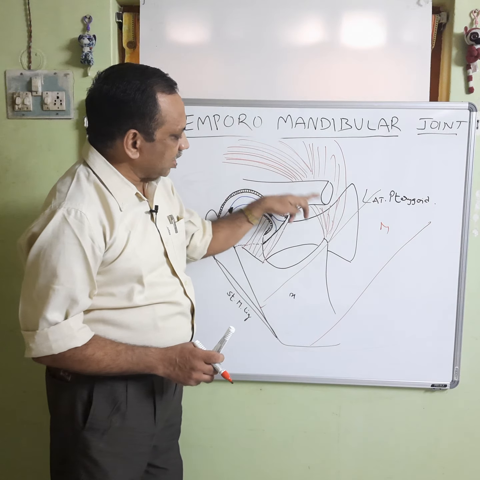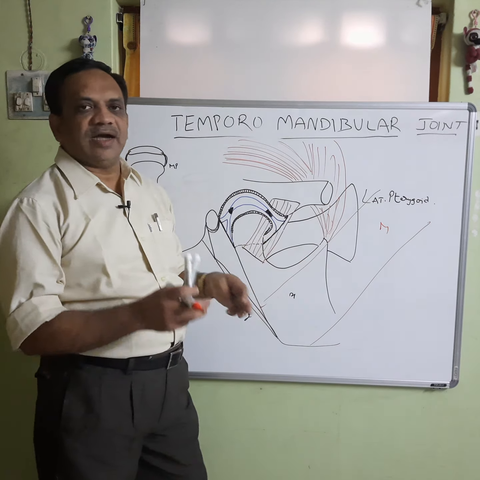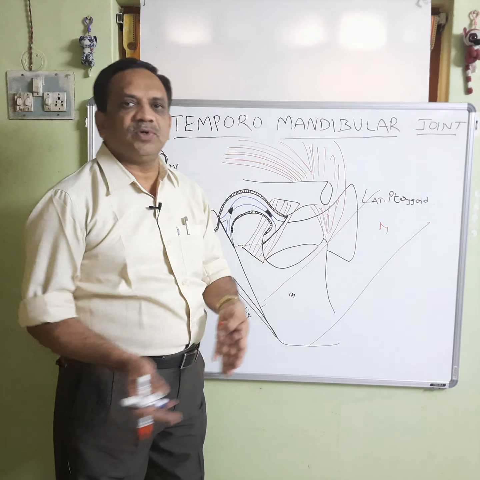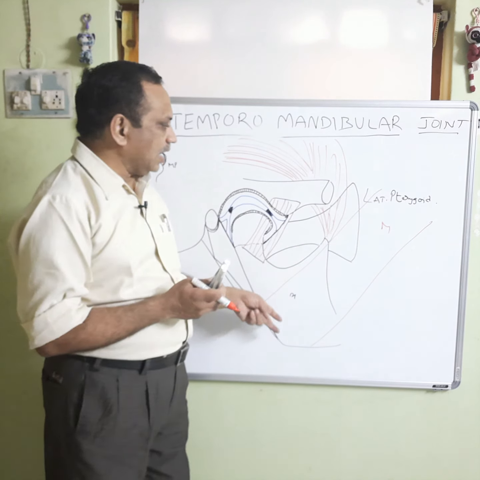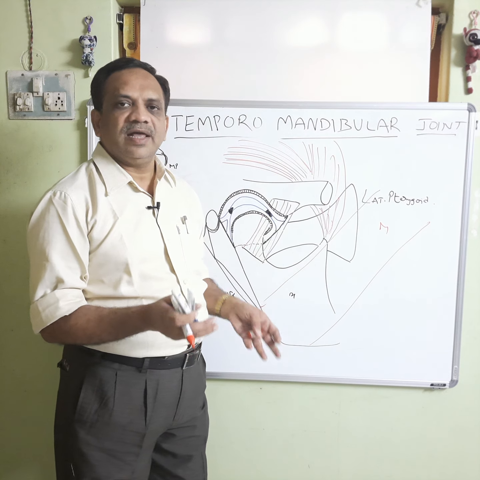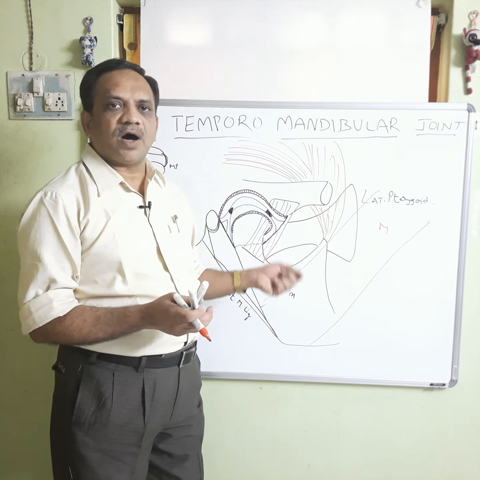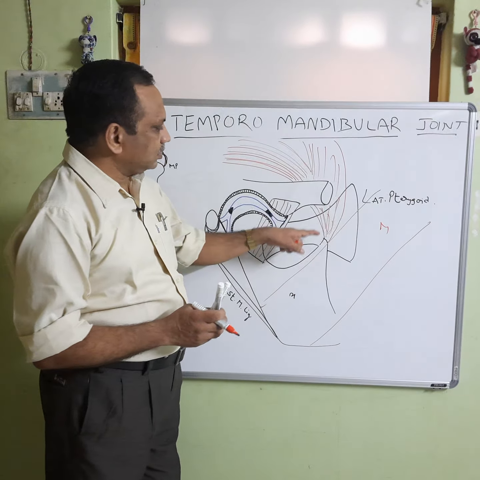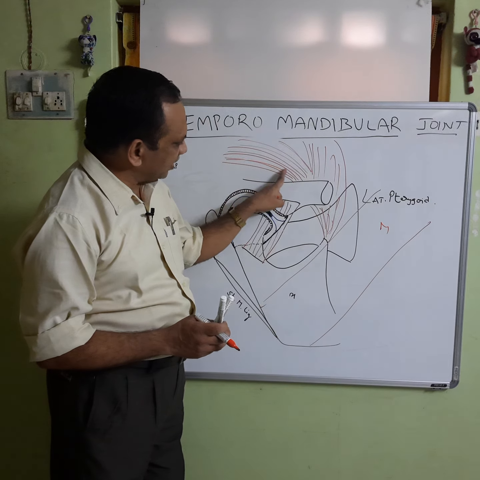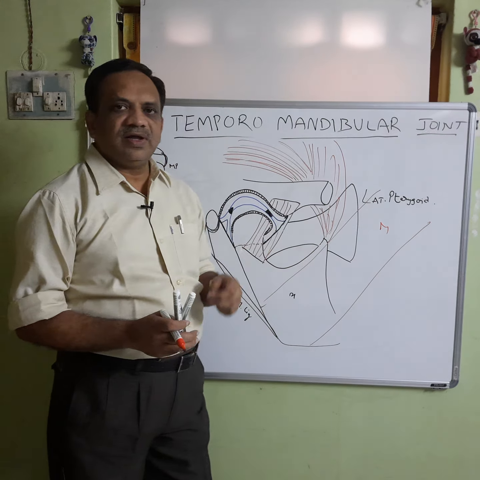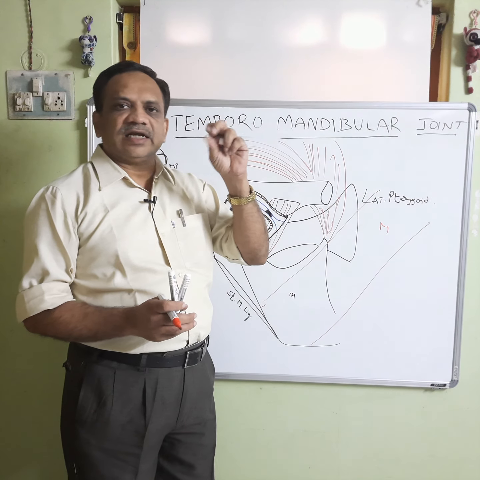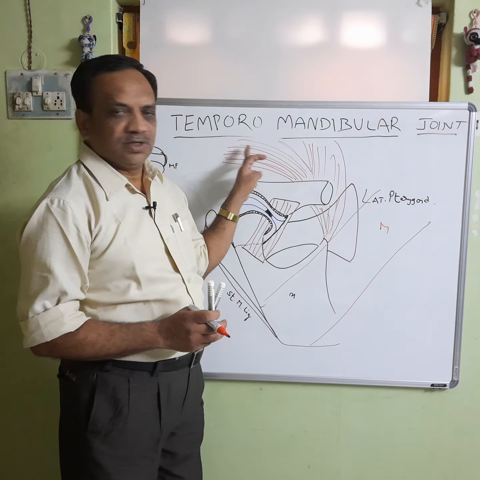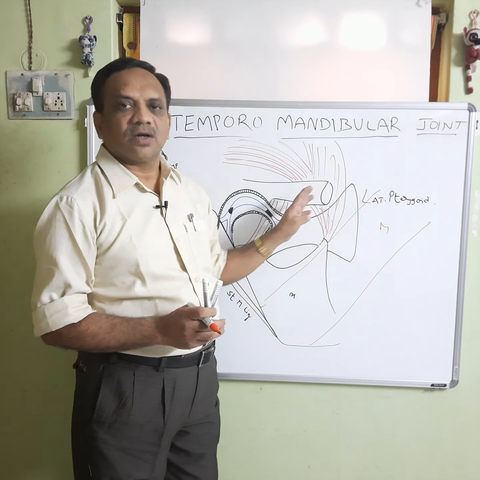Then the temporalis also pulls this coronoid process, and the medial pterygoid muscle, which is present on the medial aspect, also, if it contracts, pulls the mandible up. They all pull the mandible against gravity. So, they form rough surfaces on the mandible. Especially if these posterior fibers contract, clenching, the tight closure of the mandible, is possible. So, this is how the mandible is closed.